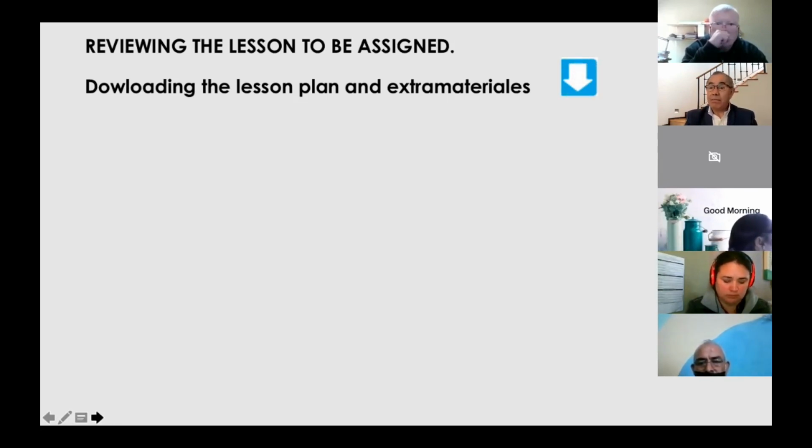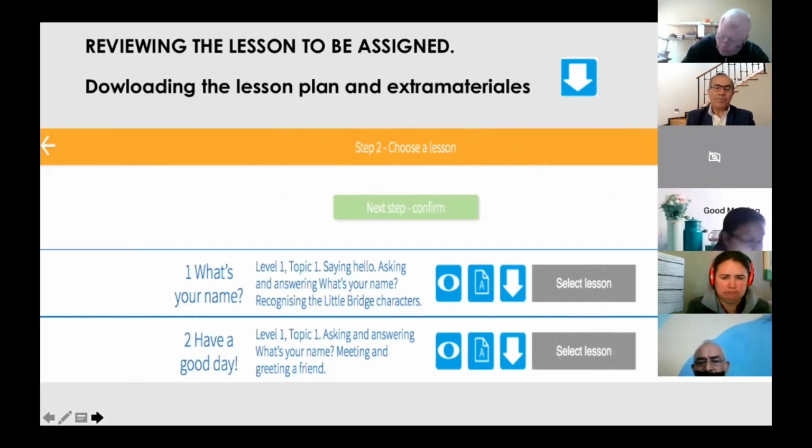So the plans and the extra materials are downloadable, which means you can put them on your computer. And here you are. You visit the plan. You click there, and the plan is going to be downloaded into your computer.